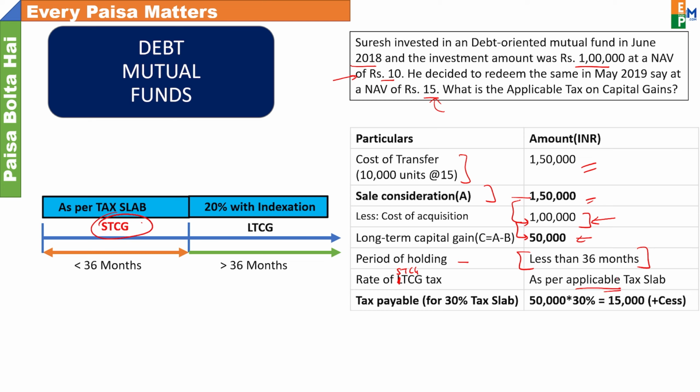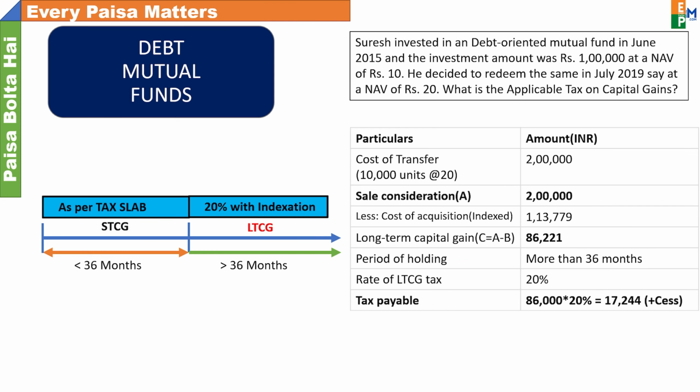So if you are in the 10% tax slab, then 10% tax is applicable, and if 20%, 30%, then such will be the tax applicable. So assuming that the 30% tax slab is applicable for this person, the tax comes out to be around 15,000 rupees plus the applicable cess. Now we'll go to the last example, which is debt mutual funds with long-term capital